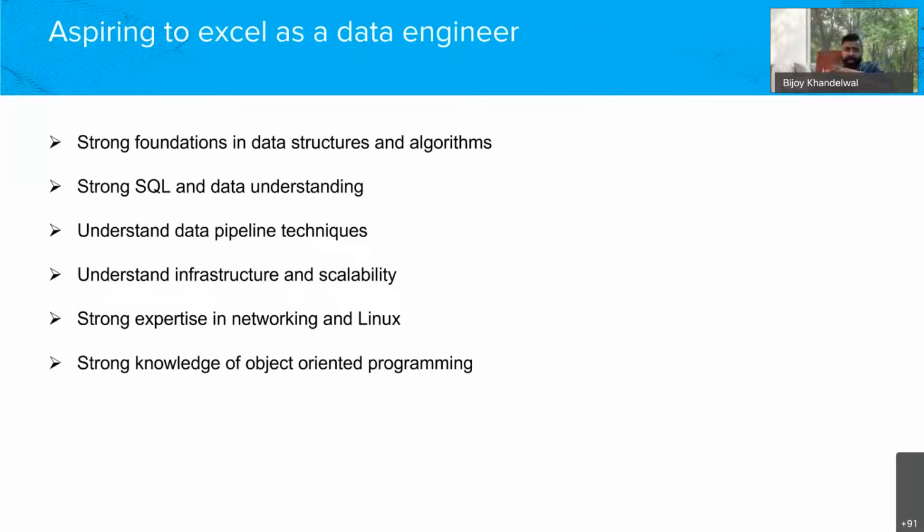Understanding data pipeline techniques, what we were talking about for the last 40 minutes or so. Look at that. Now, next 2 points. Some people may disagree: I'm a programmer, or I'm a data scientist, why should I look at network infrastructure? Believe me,